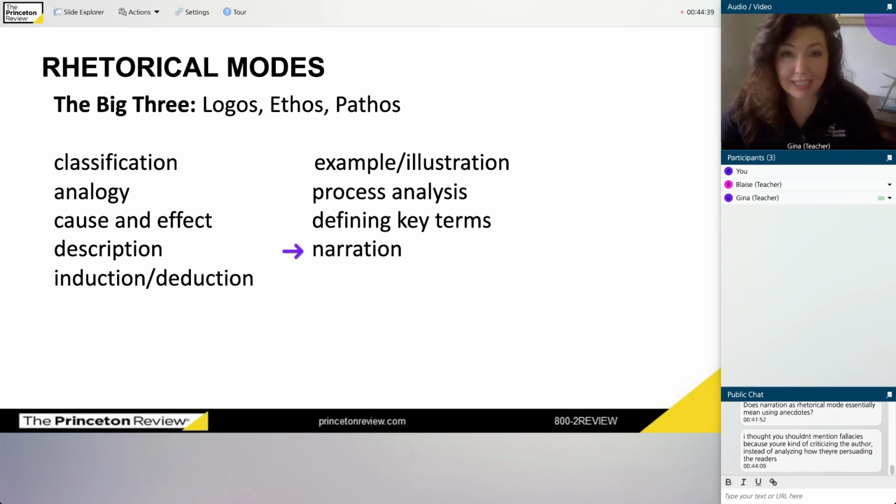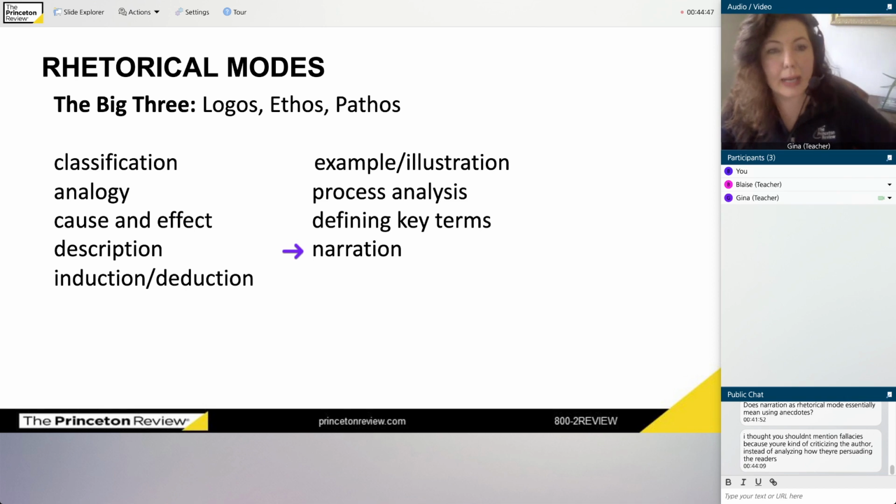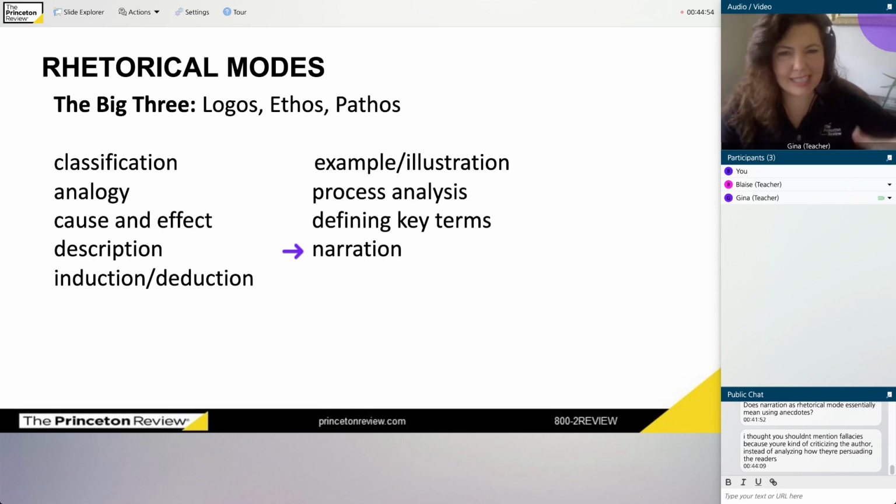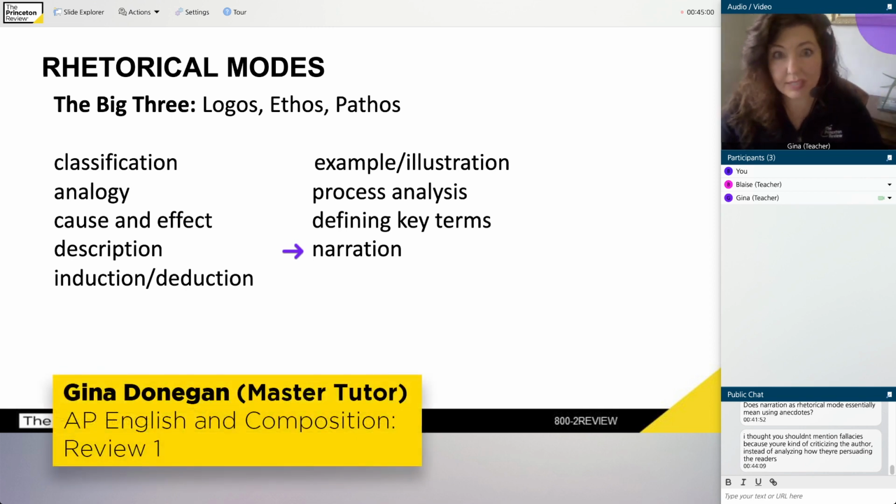So let me be clear, you're not working with texts that are inherently flawed. They're not deliberately choosing bad arguments. That's not the point. But if you notice, let's say that there is some pathos and maybe it seems a little over the top, it's not bad to call that out, right? It's not bad to say there was some pathos here and it was a little strong, maybe even to the point of being too much.